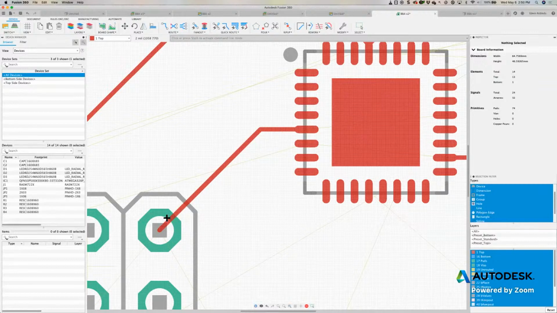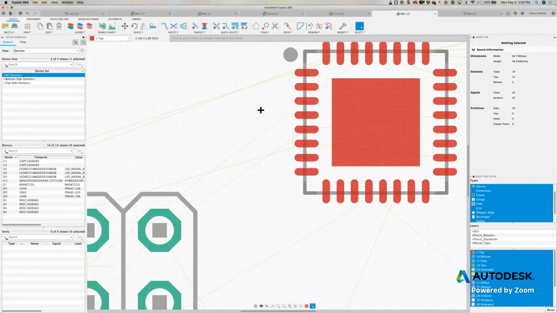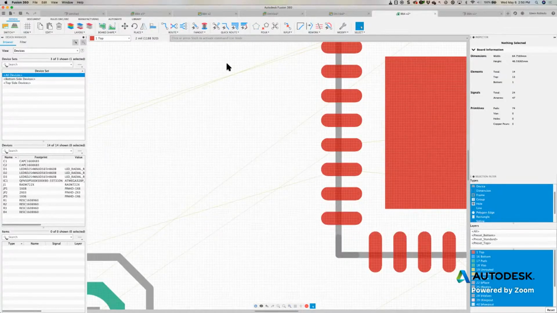There have been instances where I use the auto router, which I'm going to use now, and then I come back and clean up a little bit of what the auto router has performed using the smooth router, which is located in the quick route options. I'm going to rip up the entire board and let the auto router take a look at this. Okay, so I'll click on quick route,